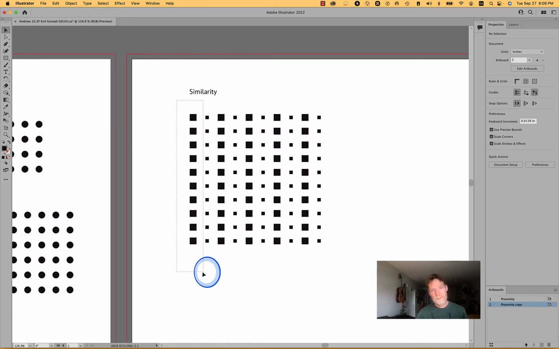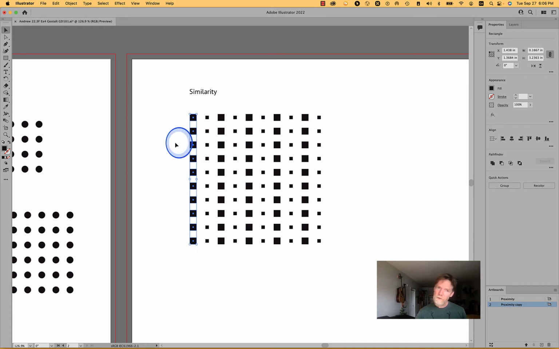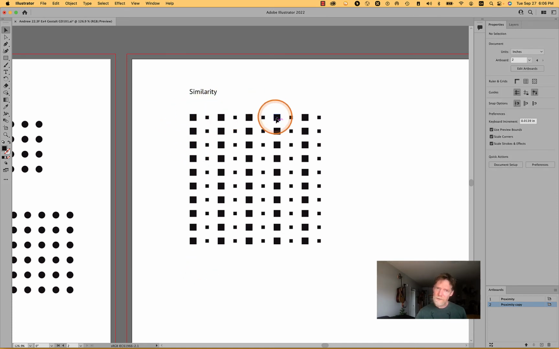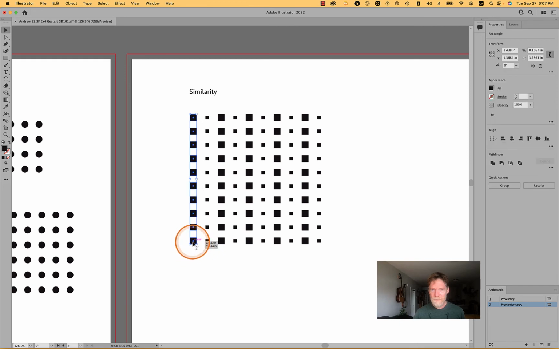And you know what? You get a sense that these belong together, but you also get a sense that these belong together as well. And here we have a pattern happening, so that has its own dynamic. So let's take a look at what happens if this is not a pattern, how it starts to feel, how these things belong together. So I'm going to go ahead and I'm just going to choose these because